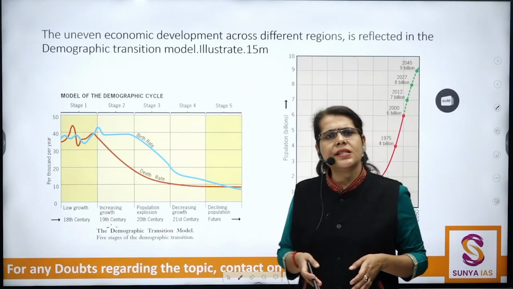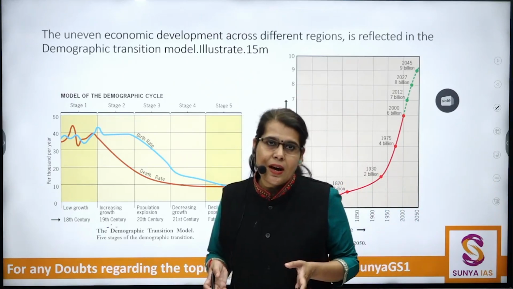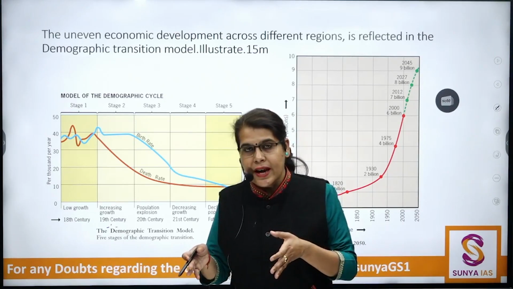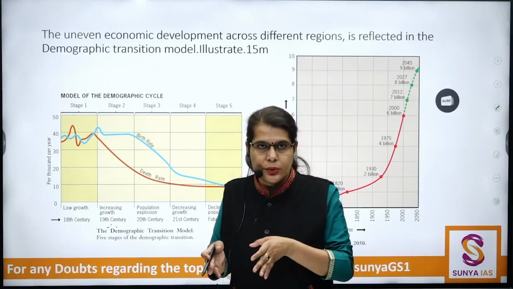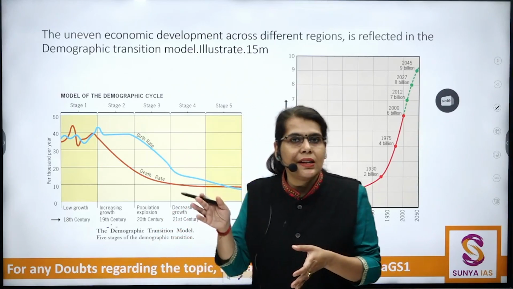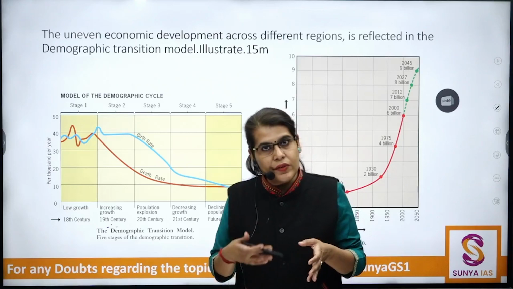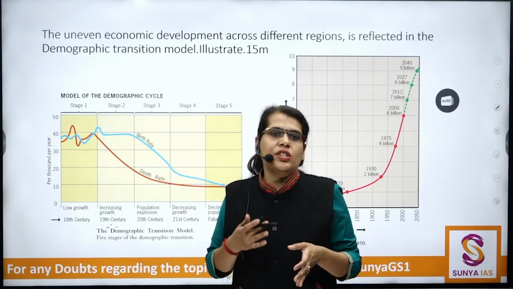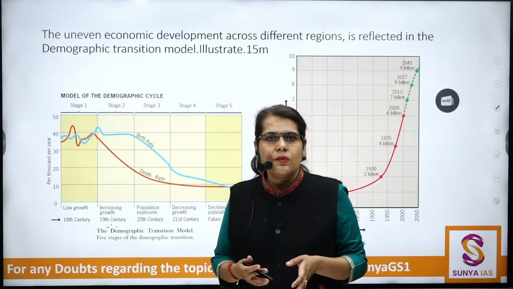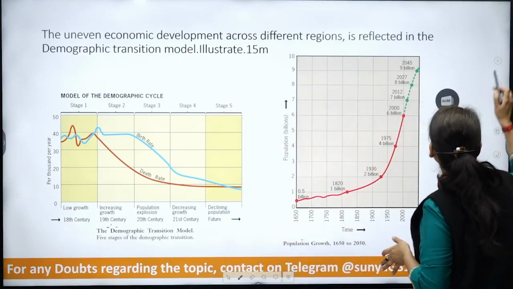Then take some countries in the second and third stage, largely from South Asia and Sub-Saharan Africa, and mention how the economic growth has been more than in stage 1, which is complementarily shown in the context of the decline in the fertility rates. And then the fourth and fifth stage, which are witnessing even lower population growth rates because of the higher socio-economic developments, which are reflected across the demographic transition. So this is a graph which you cannot skip in this answer.